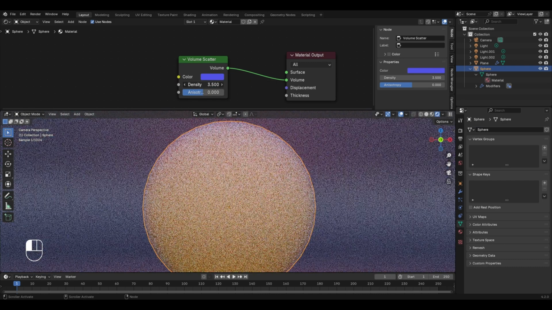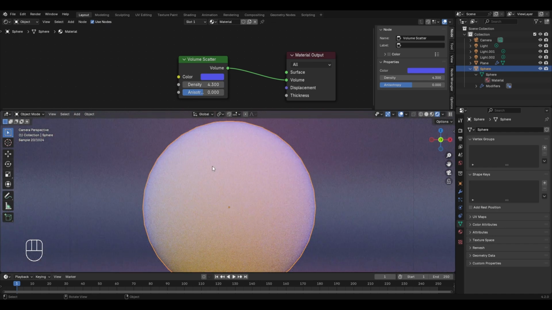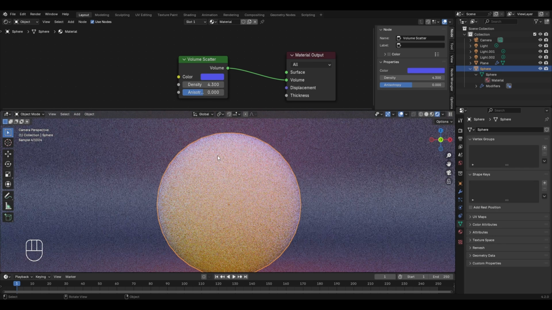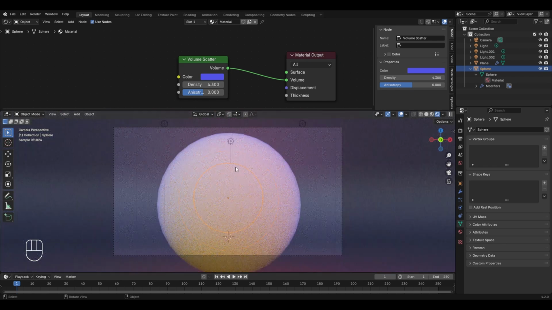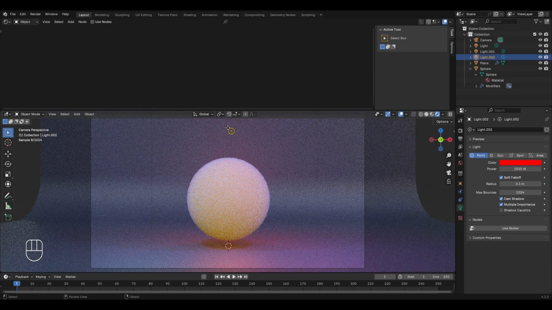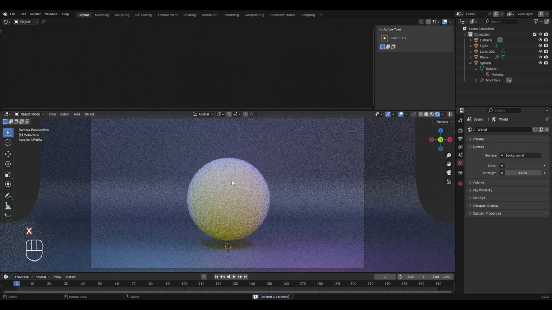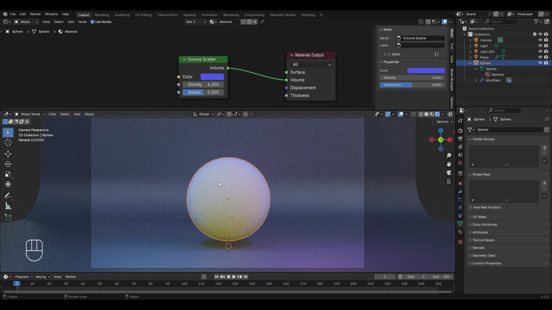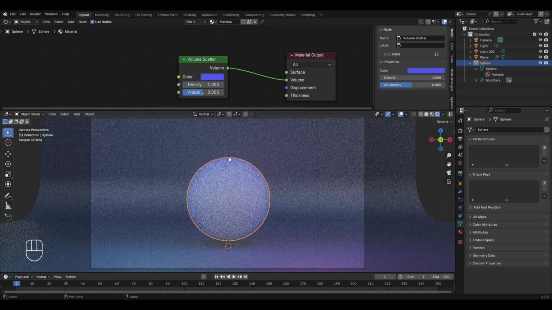So if I increase it, the density of the volume will increase, but you will notice that the color of the volume will also change. And this is because the volume scatter node will scatter the light as it passes through it. As a result, its color will also depend on the lights that we have in the scene. For example, if I select this light on the top which is red colored and press X to delete it, then you will notice a slight difference in the color of this volume. For now, I'll reduce the density value to around 1.5 or maybe 1 in order to get a blue colored